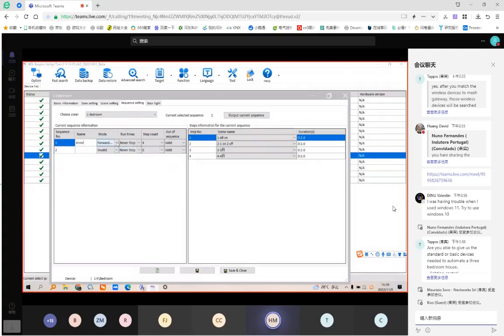And then I want the mode to be forward. And the runtime, run like 7 times for the show. You can select as you want, or never stop. I want 7 times. And the step, I want it to move 4 steps and make it valid. And then press save. So I want the first step, the light to turn on